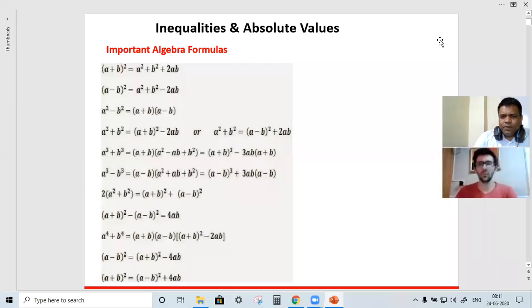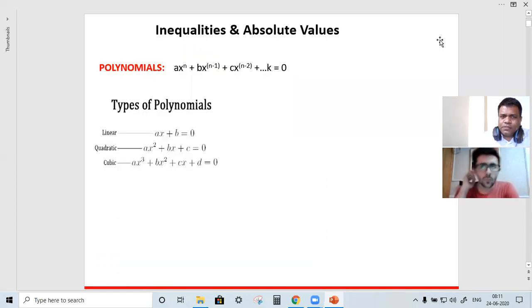So this is the basic formula to be revised. Before I go for this topic, inequalities, absolute values, and also I'll consider equations. When it comes to the equations, we have different types of equations like linear equation, quadratic equations. Even in the linear, we have single variable, double variable, triple variable, simultaneous equations, etc. So we have different types of equations, right?